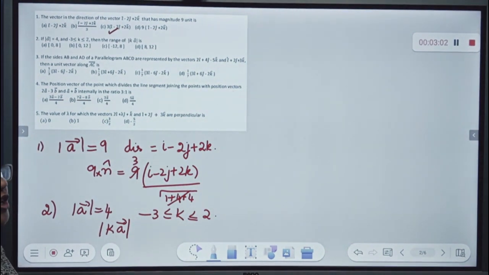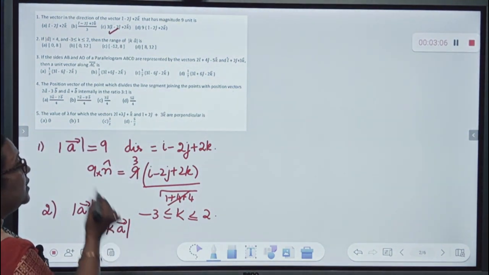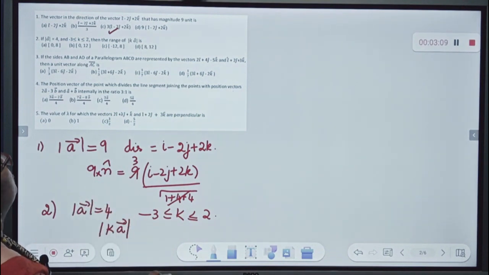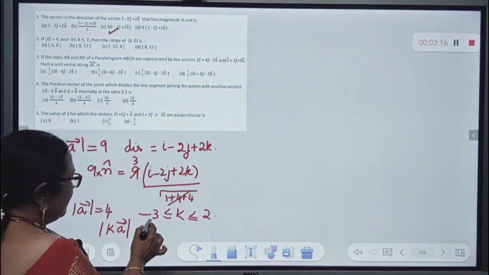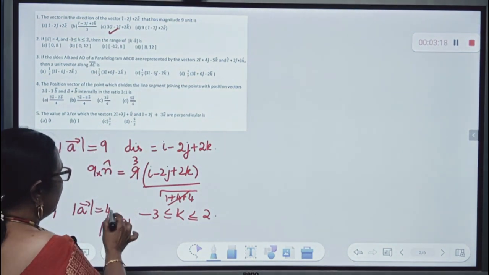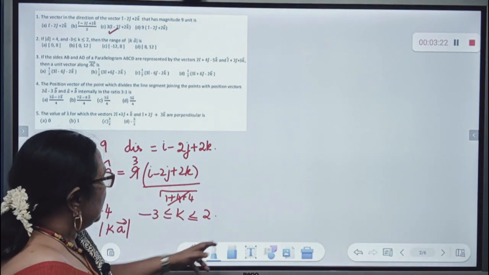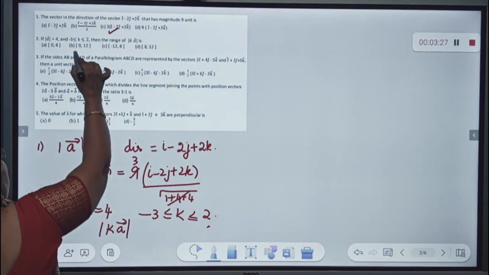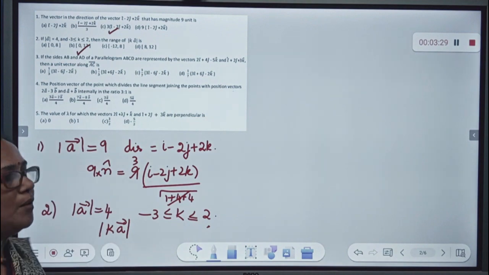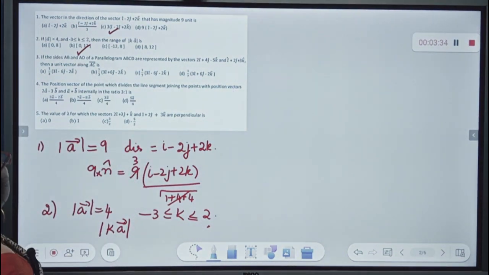Why is it 0? Because we are talking about length, the magnitude of the modulus of k times a vector. So the minimum value has to be 0. Is the maximum 8 or 12? Those are the two alternatives we need to check. When you take minus 3 into 4, you get minus 12, but when I take the modulus, it becomes plus 12. Here it will be 8. So the maximum value is 12, and the range of values is 0 to 12. Is it clear? Is it not an interesting problem?